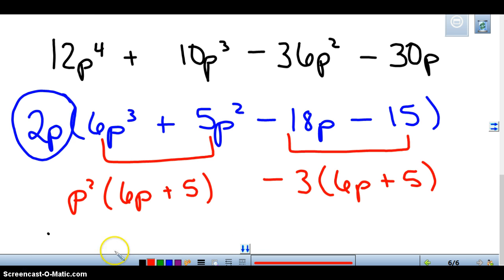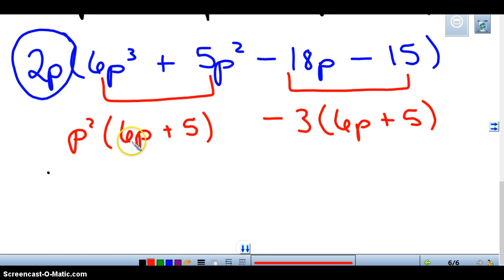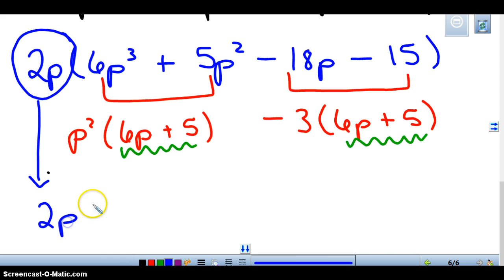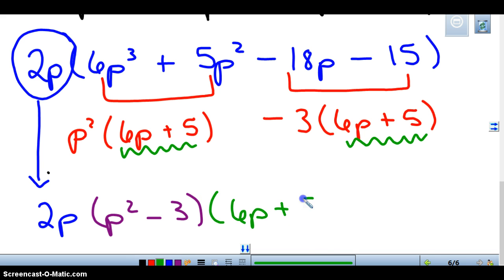Now we still need to finish factoring, and our common binomial is 6p plus 5. So we've got the 2p times p squared minus 3